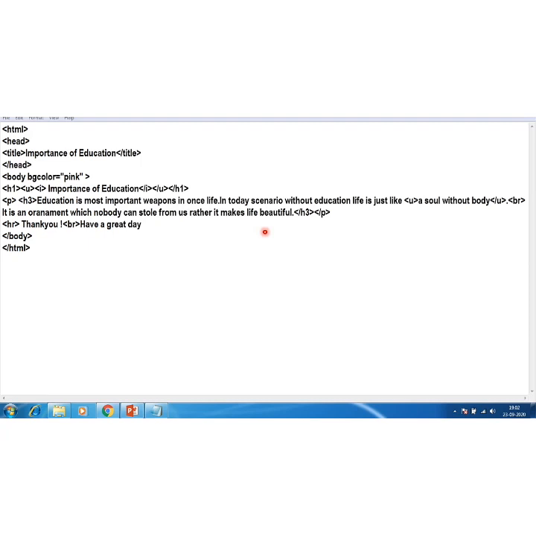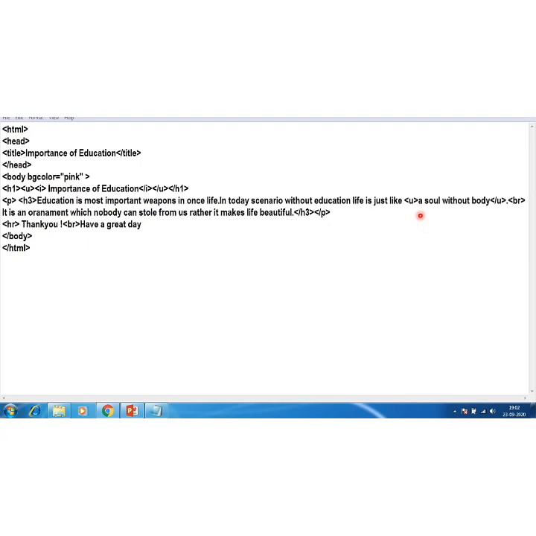And look here, one thing: I have also used the H3 tag just to increase the font size. If I write a normal paragraph, the font size will not be increased. I will show you that in the output. What is the use of the H3 tag? I have closed it also.